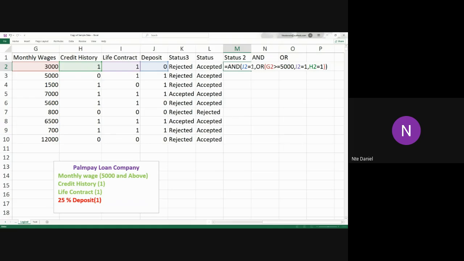So you can see this is compulsory, which is our deposit. Then anything inside the OR, if any one of them here is met, it is going to return true. So this now has to be true, and if any of these here is met, it's also going to be true. So once I press enter and I drag it down,